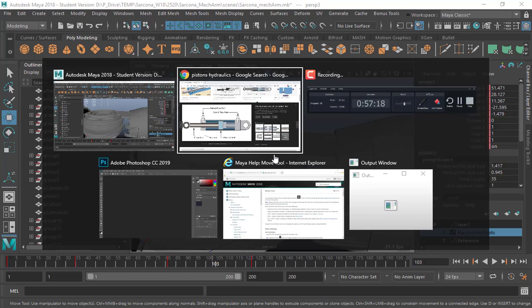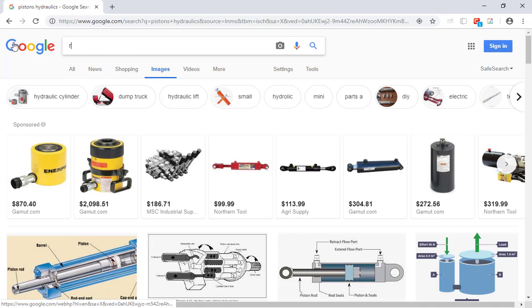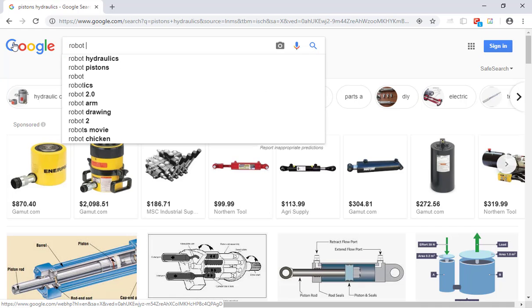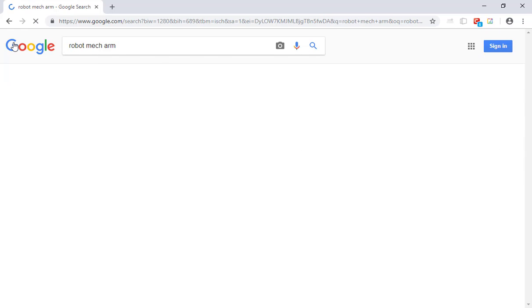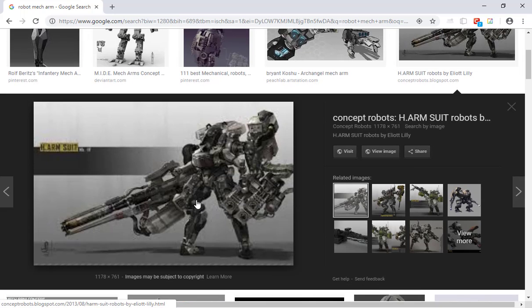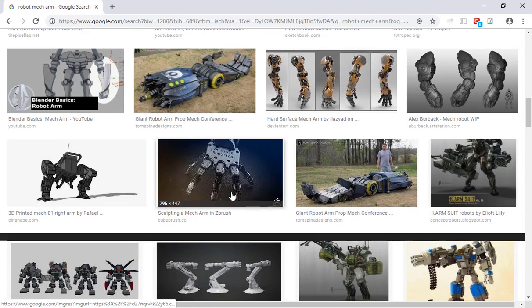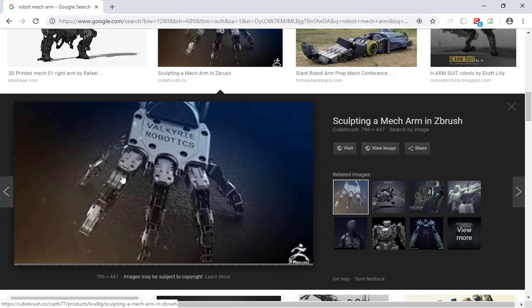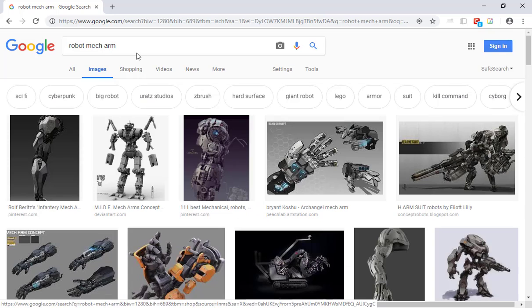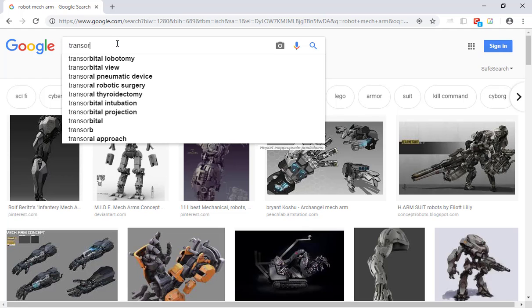If you look at any robot arms, robot hydraulics, robot mech arm, you'll see they're loaded up with gear and wires and cables and all this stuff. As much junk as you can throw inside there, just throw it inside. If anything, it creates confusion as to what we're actually looking at, and we're just focused on those major things. The Transformers are a good example of that because they're so detailed because of how they're built